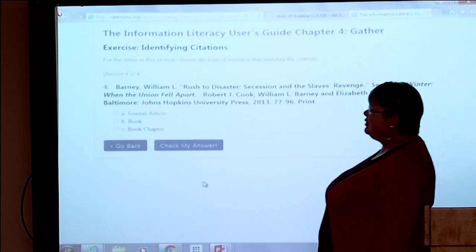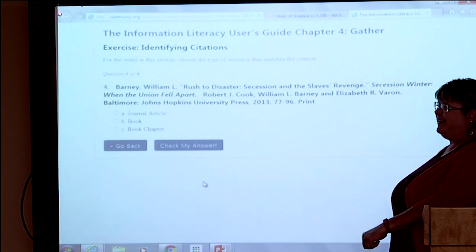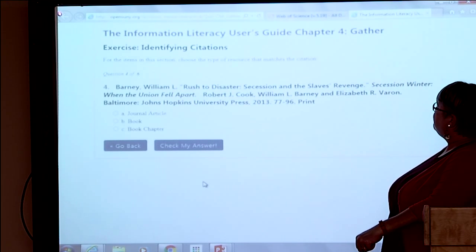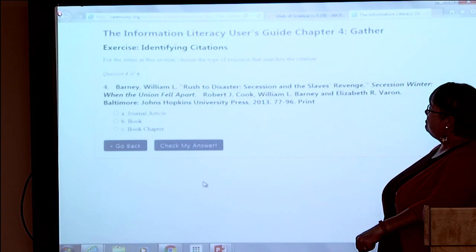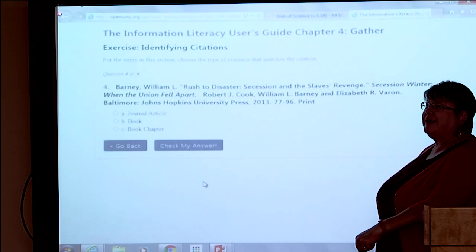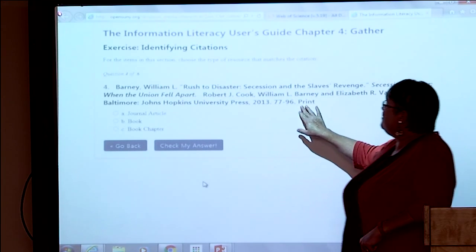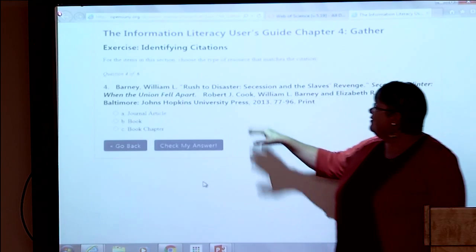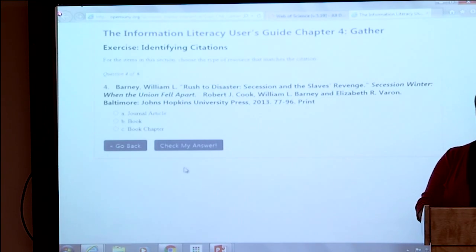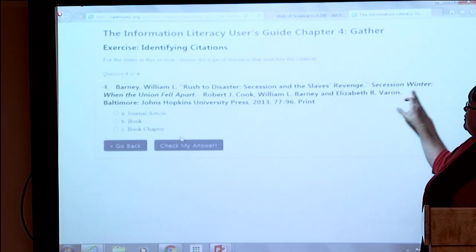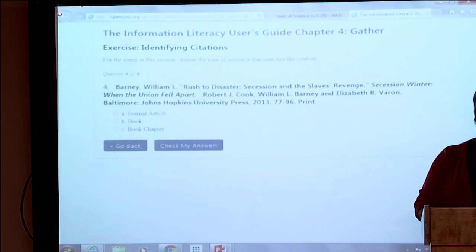Journal article, book, book chapter. Say it louder, and you're right. Book chapter. APA or MLA? MLA, because it says print, it has the year there, has the full name, and it's a book chapter because it gives you the name of the book and the chapter there.